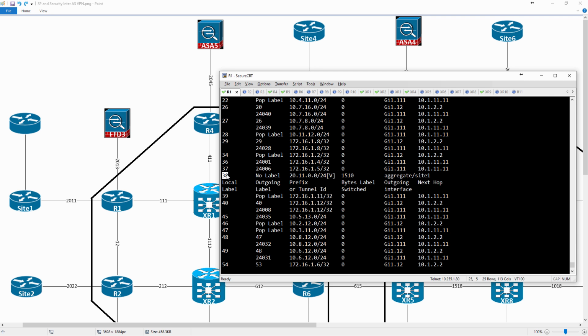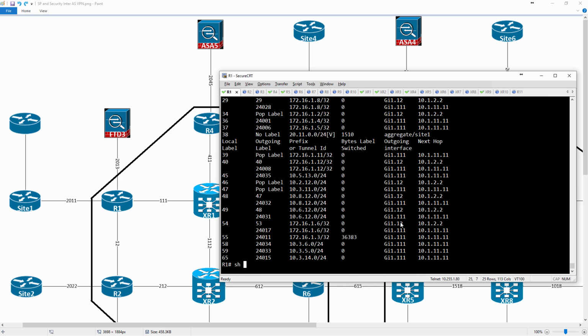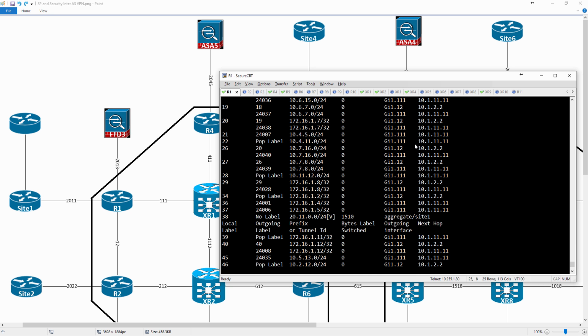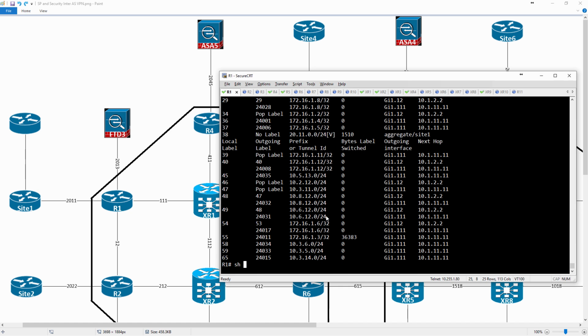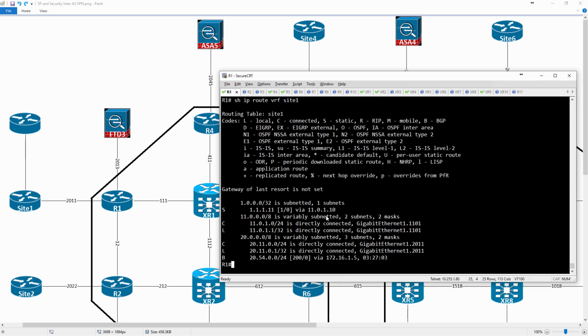Because the transport label got popped at XR1, we forward it towards router 1 via the VPN label. The VPN label is now exposed. R1 gets it, it says no label, and then you need to forward it out towards this destination, which is an aggregate pointing towards site 1. I know it's a VPN route, so I have to type in show IP route VRF site 1. To get out towards this guy, it's a connected route. So if I go over towards R11,